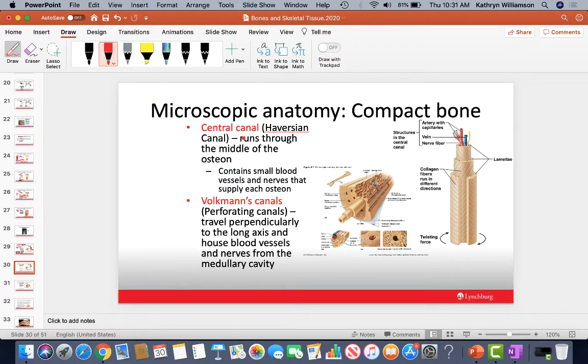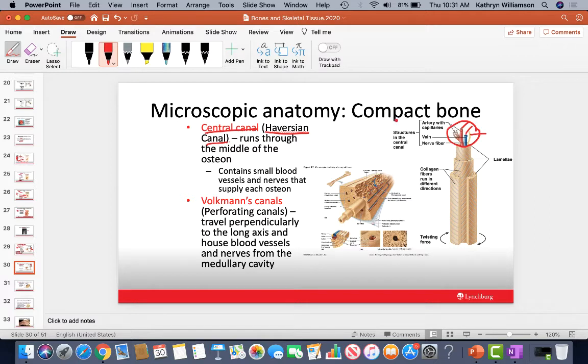In the middle of each osteon, we have a canal, and that's what you see here, this kind of hole in the middle, and this is called the central canal. It's otherwise known as the haversian canal, and it runs in the middle of the osteon, and it's going to contain some interesting things. It's got blood vessels because bone is highly vascular, so we've got an artery and a vein. It's got a nerve